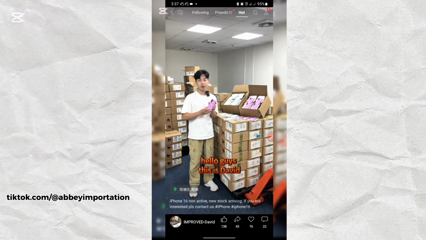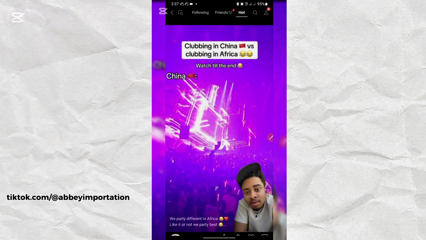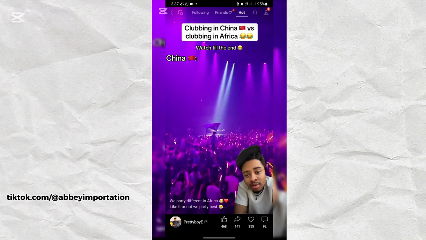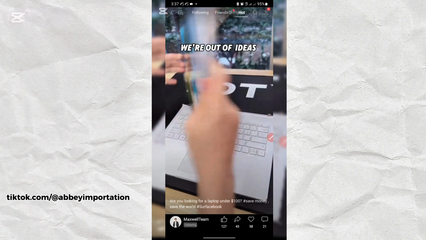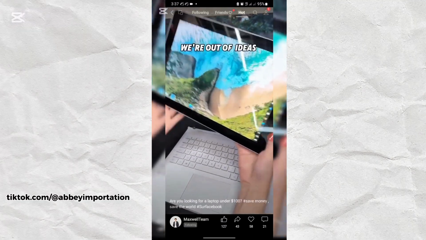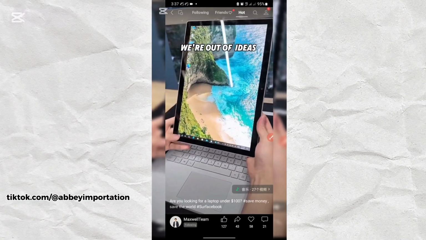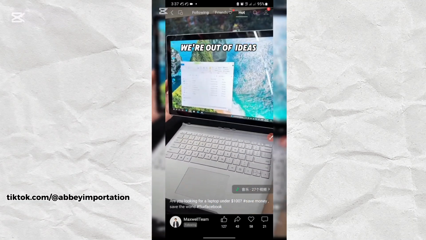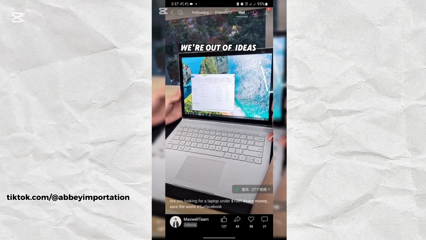You just start seeing different people posting different products, and then you can chat with them. You can request to chat with them. And once they accept your request, you can chat with them and go on to